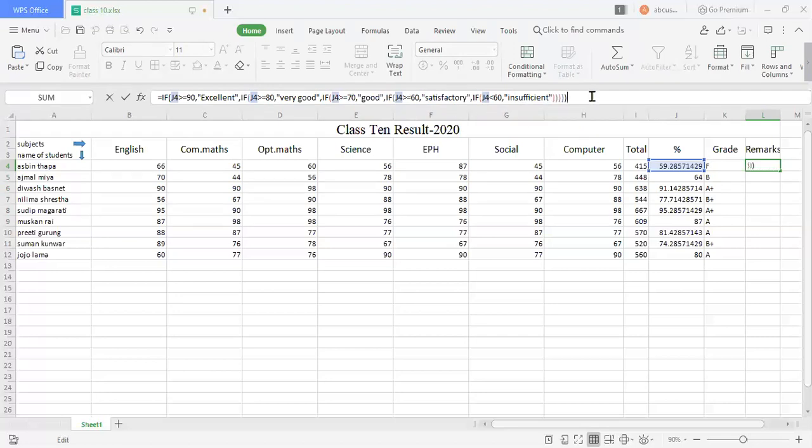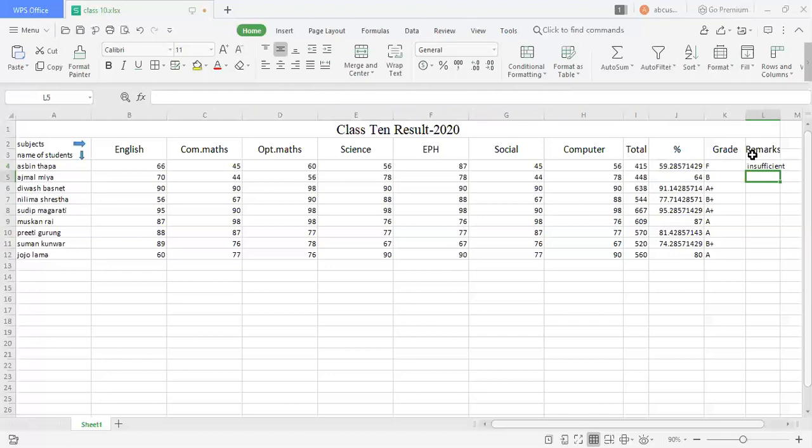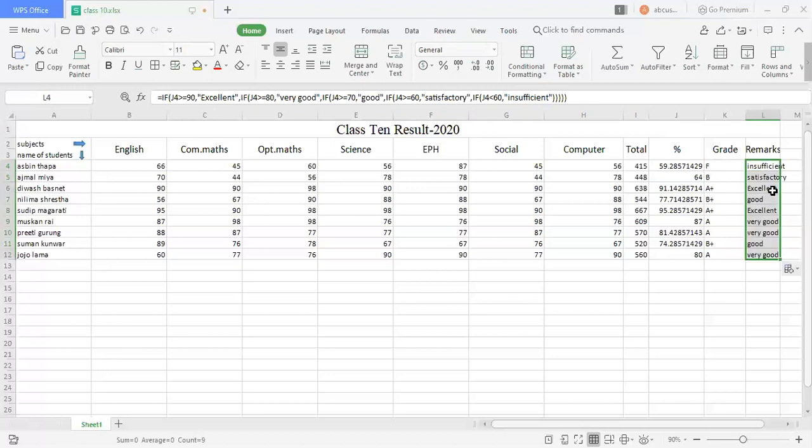This is just the grading system, just the rule. You can type anything according to the rule. Then just press enter. Here we can see the result, insufficient, is present. It is less than 60, so insufficient. I am going to apply this formula to every student, so just drag and drop.